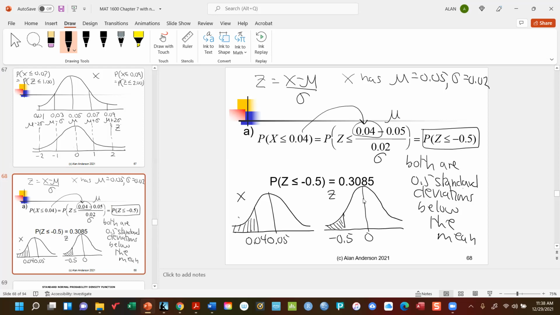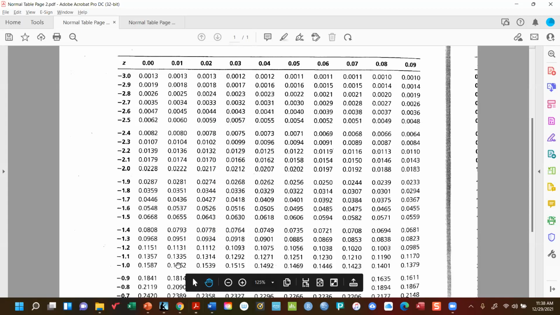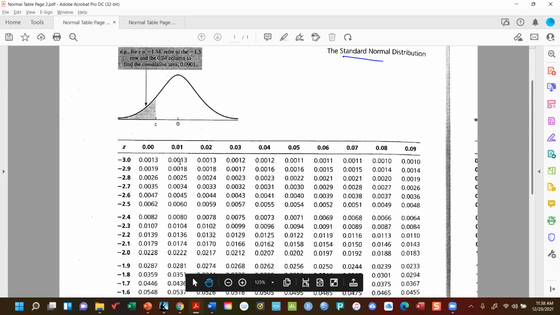All right, they're not perfect, but you can see that the 0.04 on the X distribution is the same as -0.5 for Z. And that we can look up in the table. So now clearly this one is right on the table, so we can go look it up ourselves and confirm that on the negative table, -0.5